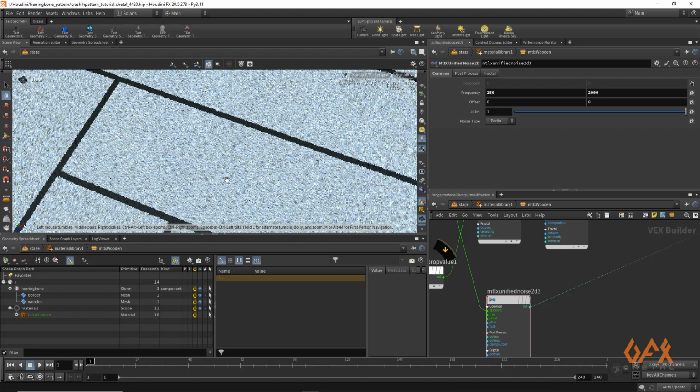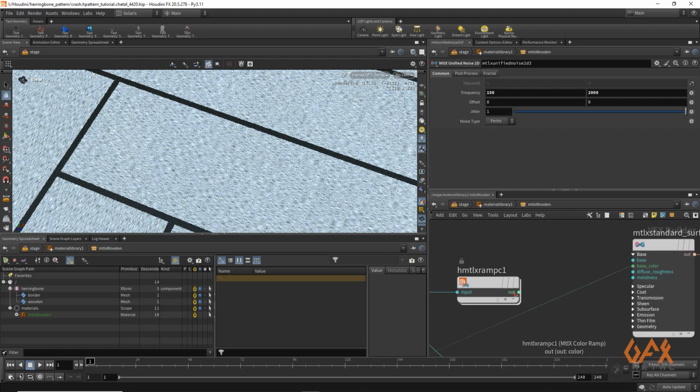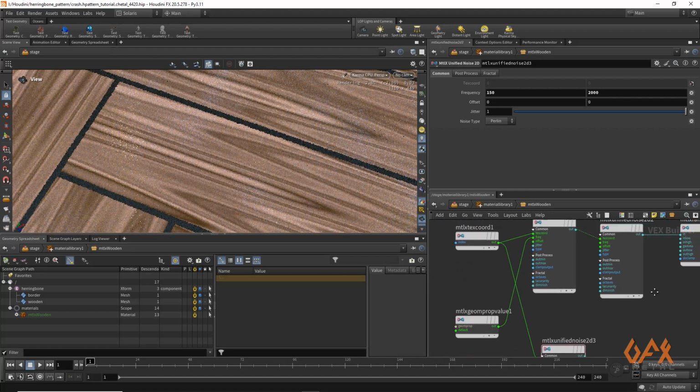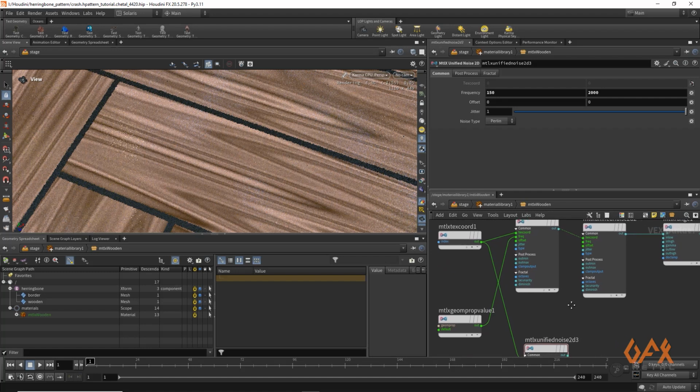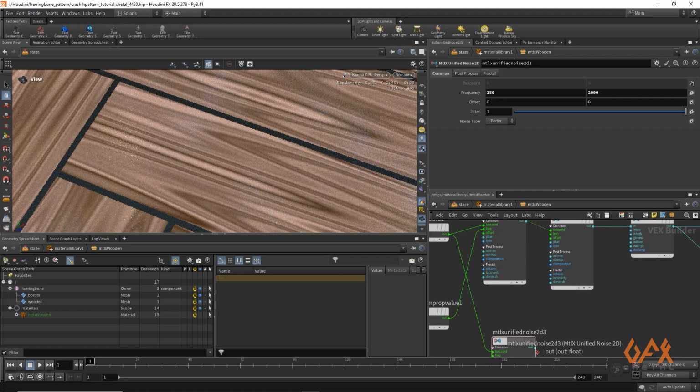So we will get this kind of pattern. Now what I need to do is that again I apply this as my base color, and now I'm going to use this particular frequency to be the offset for that second noise.